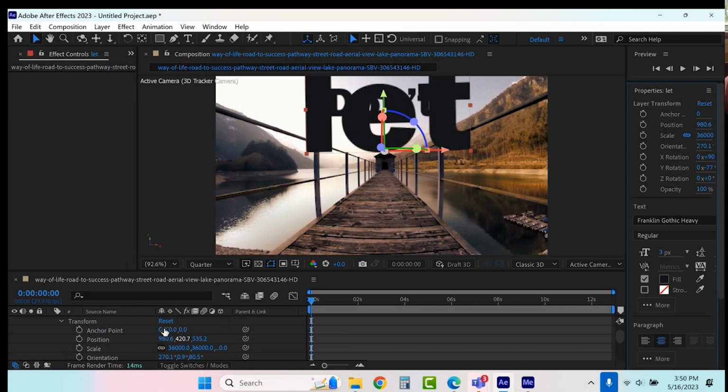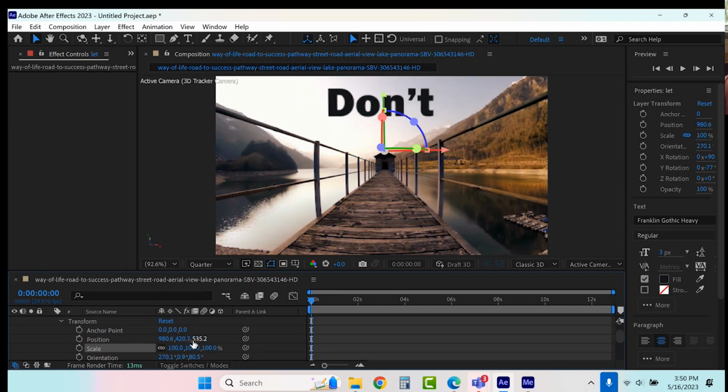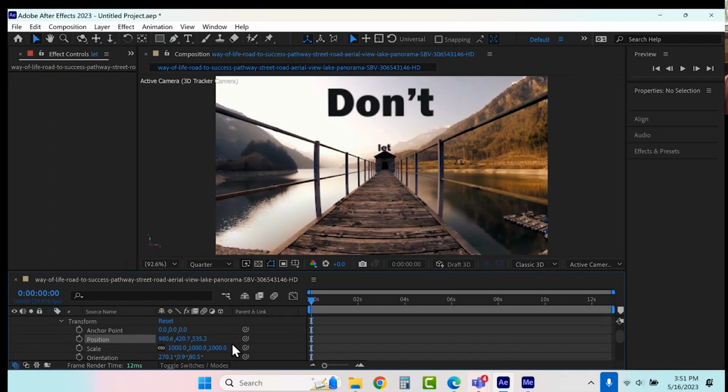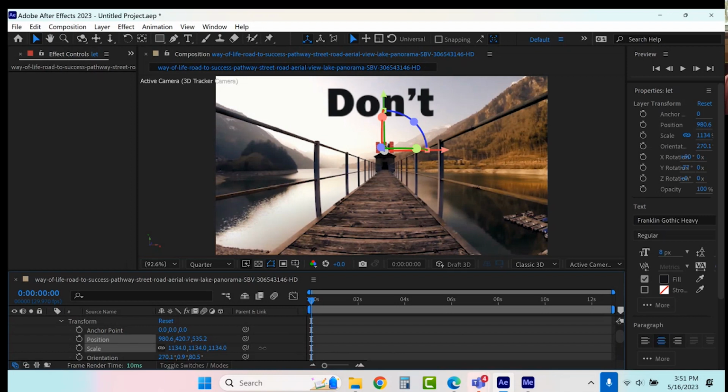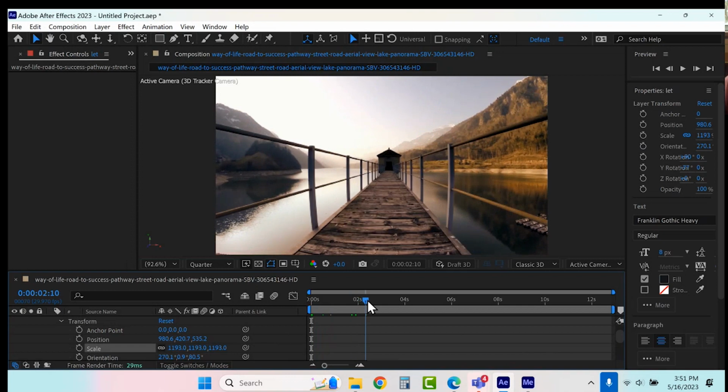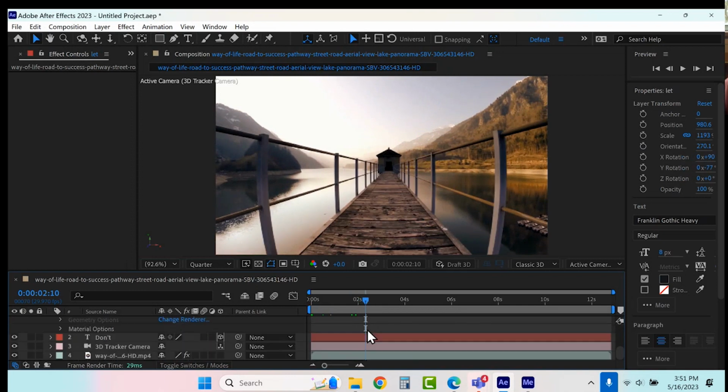You see, we still have to mess around with scale. Somehow or another that scale got way off. So again, as the camera is moving through, you can see it's going to go past the camera.